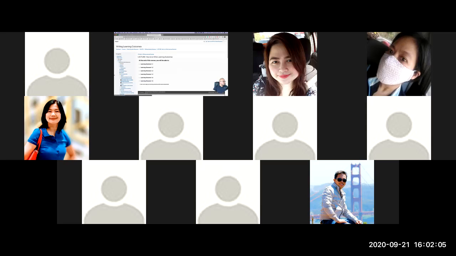Now, if I were to improve this further, I could divide this into these two parts. So halimbawa, ito po. Now, in this module, all I have are the learning outcomes. So as a student, I could program it in such a way na kailangan tingnan muna nila ito in order to mark this activity as complete. So once they have viewed it, more or less they would have an idea of what they're supposed to learn for this particular module. Now, sana yung lesson dito. Now, if I click here dito sa next part,